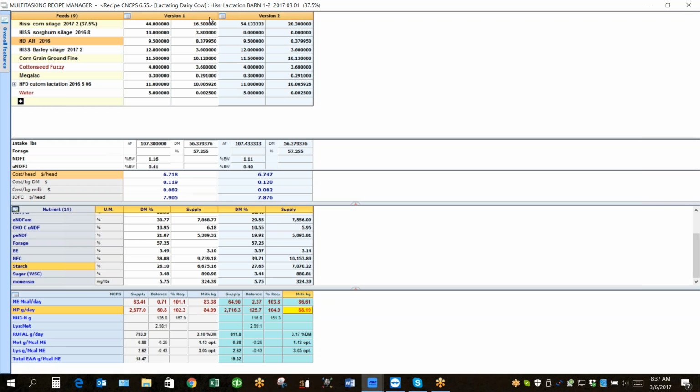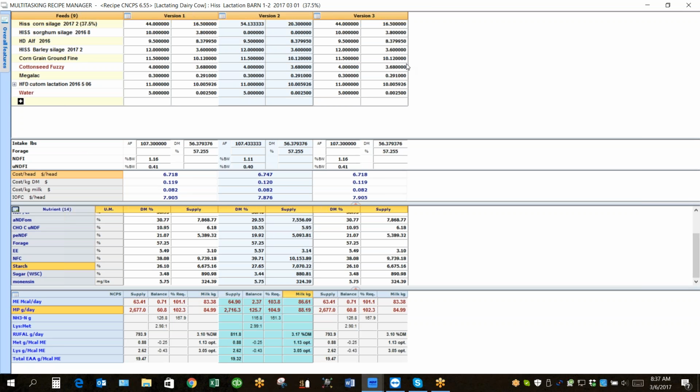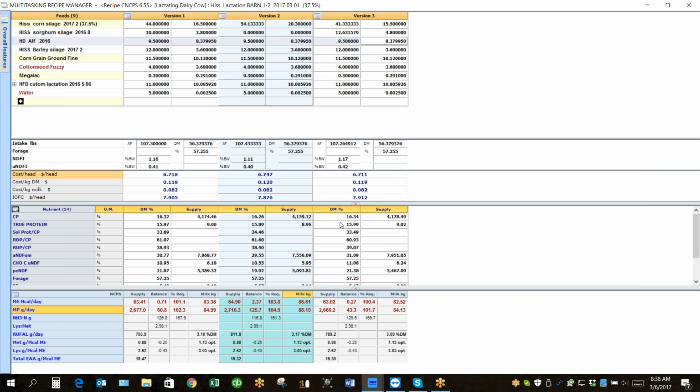Maybe what I want to do is then to look at adding another version of the original and saying, well, what would happen if I had to go to 15.5 on my forage, corn silage dry matter, and 4.8 on my silage inventory. And then again, I can run down and look at all the parameters here and then look at what milk production does. I can continue on by even taking a version of this recipe,